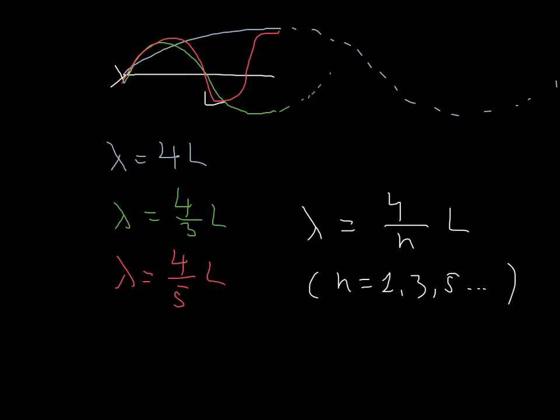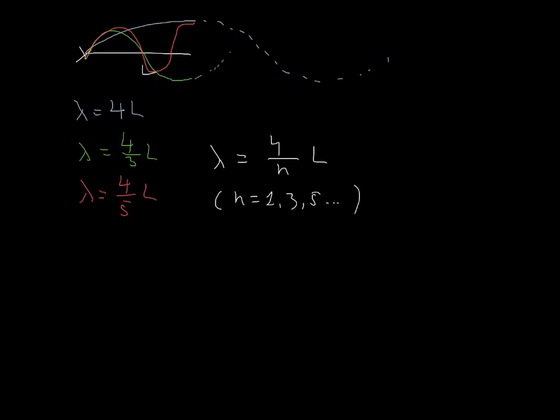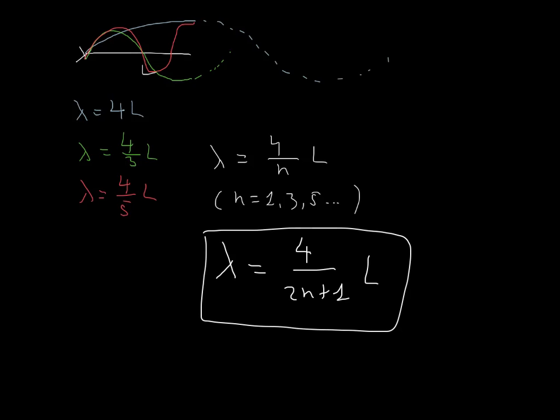I personally prefer to be a little bit more precise and not allow any confusion. Now, if you write the formula like this, then you can allow n to be any integer, and this works all the time. So that's the way I would write it. This ensures that this is an even number, and you don't even have to think about the fact that this is an even number. Anyway, so here's the formula that we get for the wavelength when one of the ends